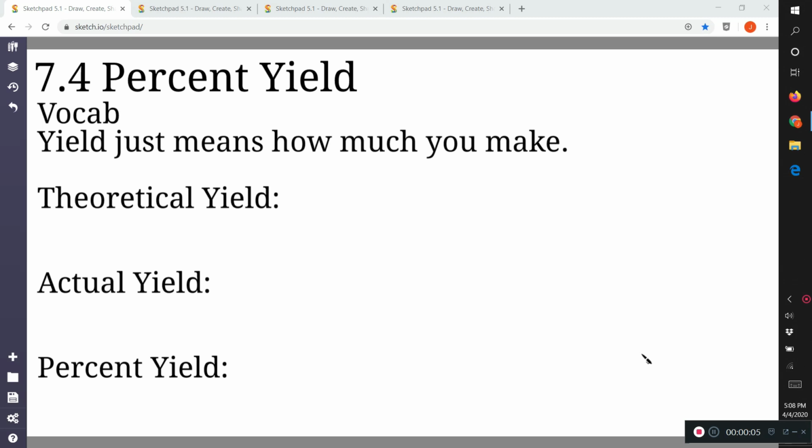Today we're going to be talking about percent yield. So the word yield, we commonly don't use it this way in everyday language. Yield just means how much we make of something. So in our chemical equations we have our reactants, and our products are what we yield. It's what we make. So our theoretical yield is how much